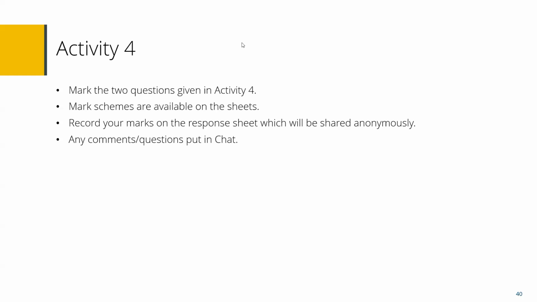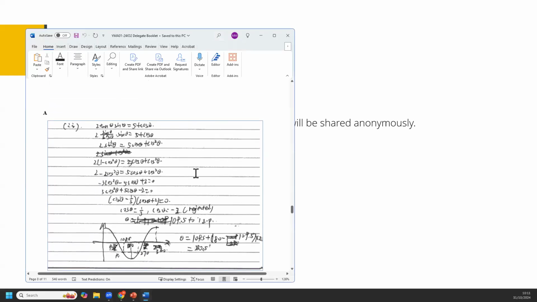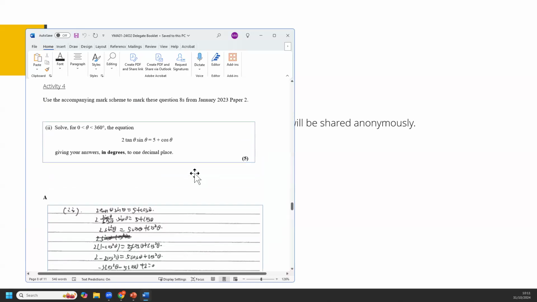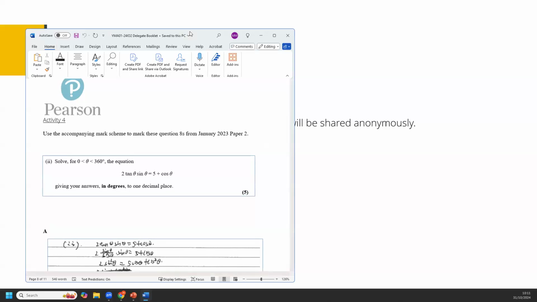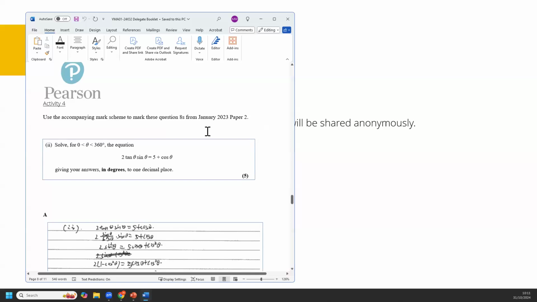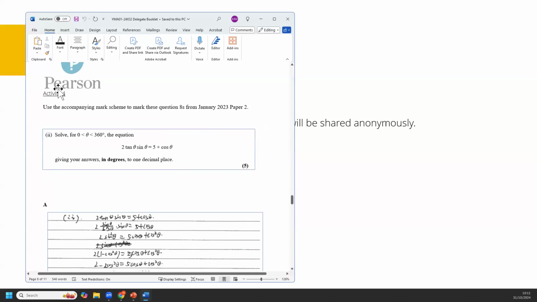And this is a task that's actually worth doing using the exam scripts. After every exam series, it's worth downloading a few of your exam scripts, saving them, and then when you choose to use some of the papers for a mock or an assessment, to actually do some of that standardization yourselves or with your teams to make sure we are marking in a similar way to the examiners. And choosing where to give the actual method marks, like in the previous case where we looked at that. So here's activity 4 here.